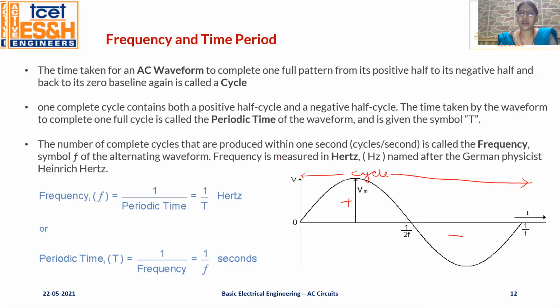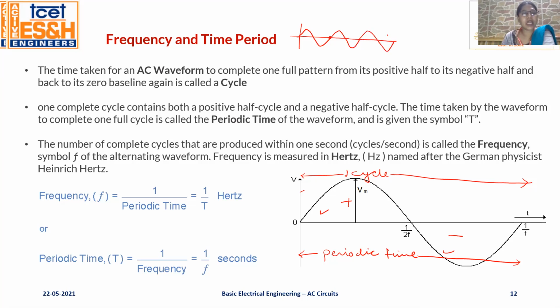Clear? Now, what is periodic time? The periodic time is the time required for completing one cycle, which contains a positive and a negative part. After this periodic time, the waveform repeats its similar shape. Again a positive pattern and a negative pattern, again a positive pattern. So it periodically changes its value. So this is nothing but the periodic time.